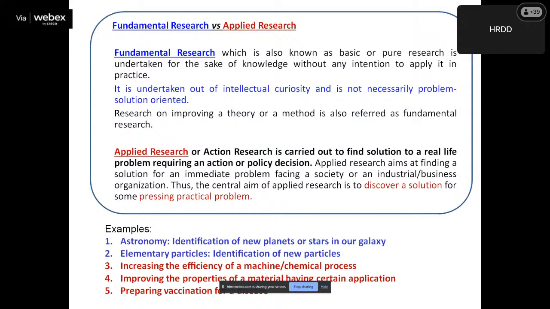Thus, the central aim of applied research is to discover a solution for some pressing practical problem, that is, increasing the efficiency of a machine or chemical process. So, as he told, some technology, or there are DGFS students. I don't know the projects. What are those? Those are oriented to improve some of the current technologies. So, chemical improving the application. After the invention of LEDs, the whole